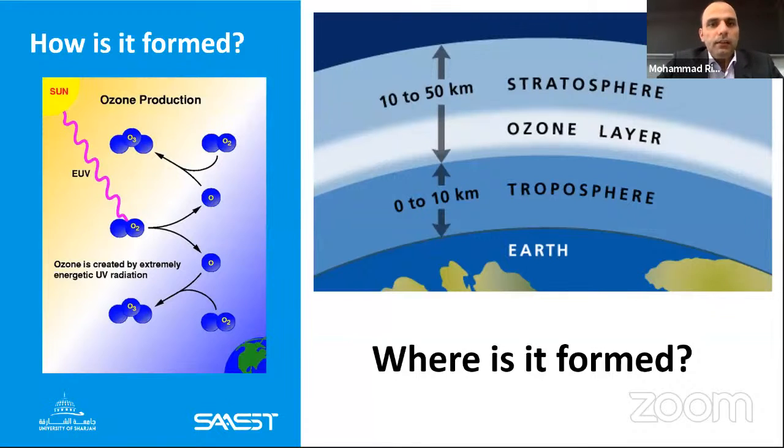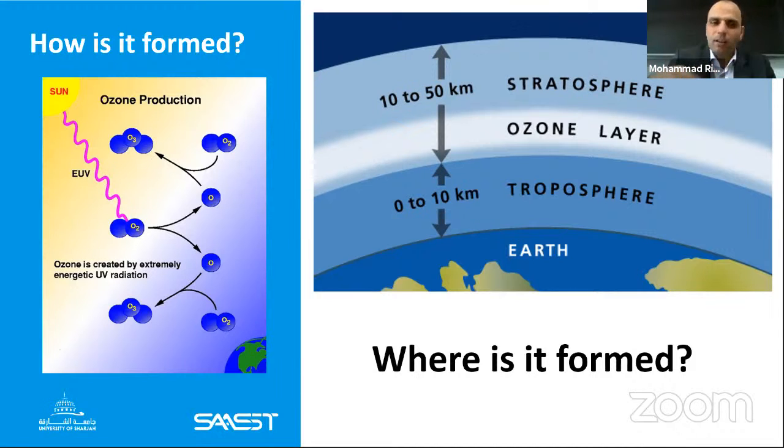Now, let's talk about the ozone. So the ozone is just above the troposphere, as we said. It is the beginning of the stratosphere layer. The ozone layer is composed of oxygen, but it is not normal oxygen. There is normal oxygen, and there is a considerable amount of one of the important molecules.